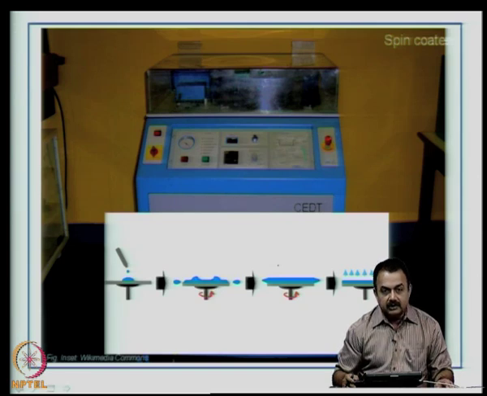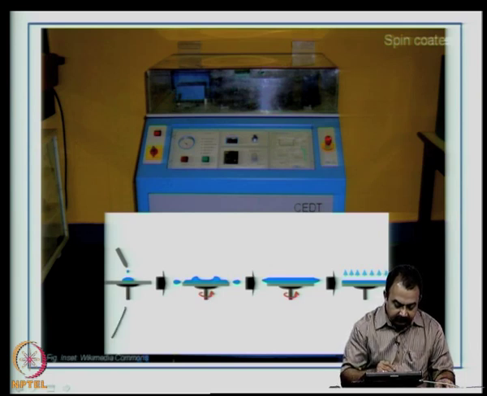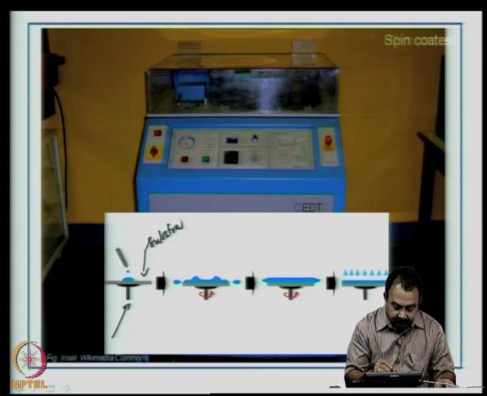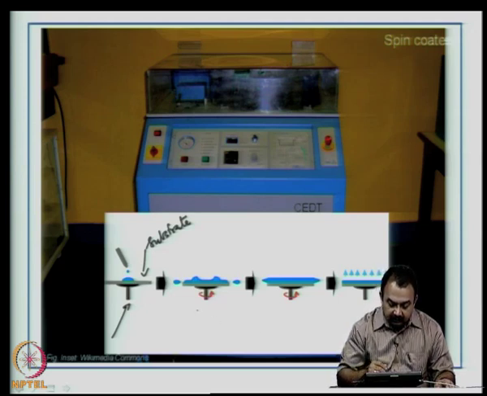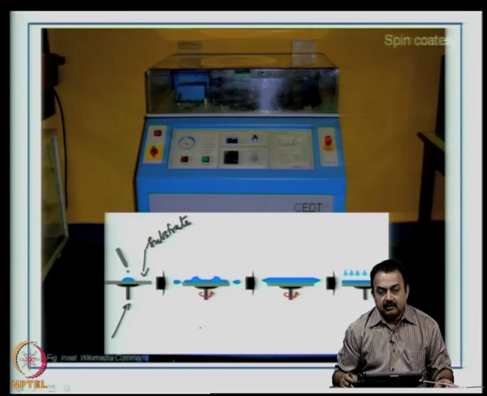A small illustration here will give you an idea what a spin coating process will look like. Here you can see there is a holder which holds your surface. This is the substrate. Then calculated amounts of the liquid dielectric material is poured at the center of the substrate, and then the substrate is rotated. Now, in a spin coating equipment, normally you set the RPM, revolutions per minute,